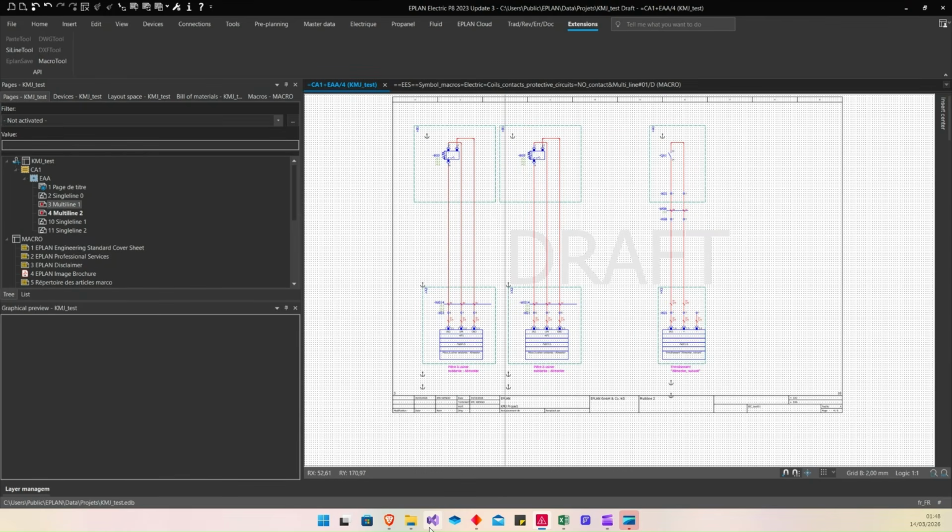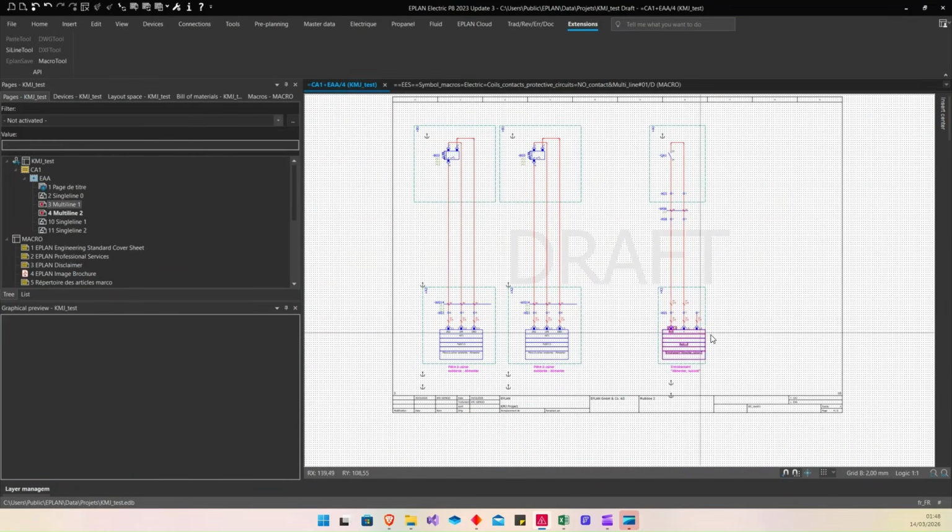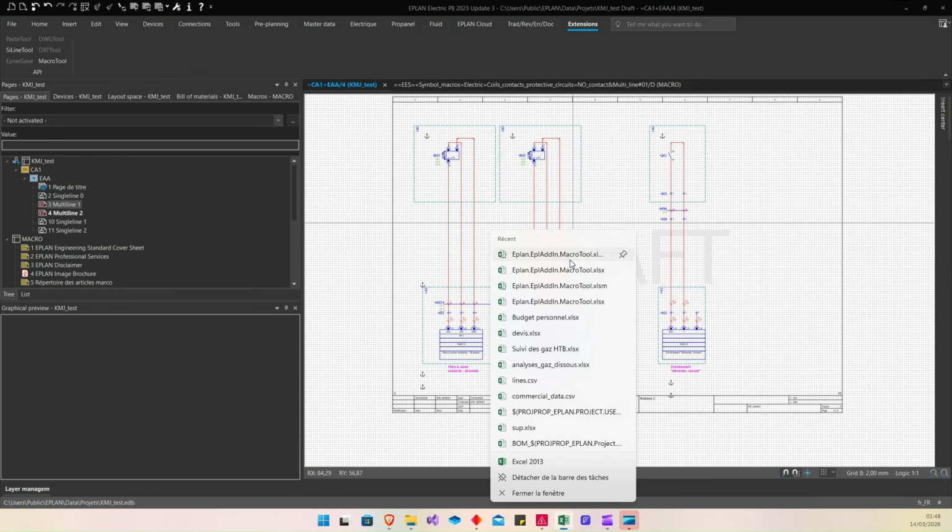So also, now I can show you some errors. We have seen the error of a nonexistent macro variant. Now we also have the error of overlapping macro insertion.